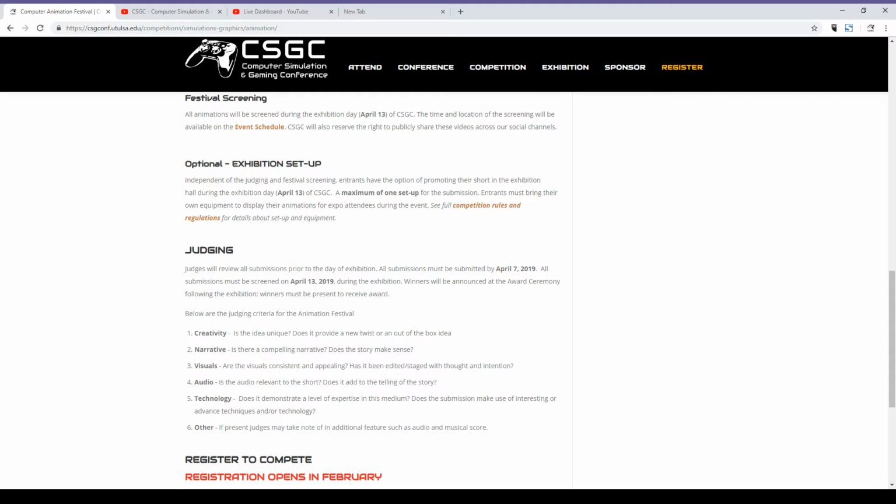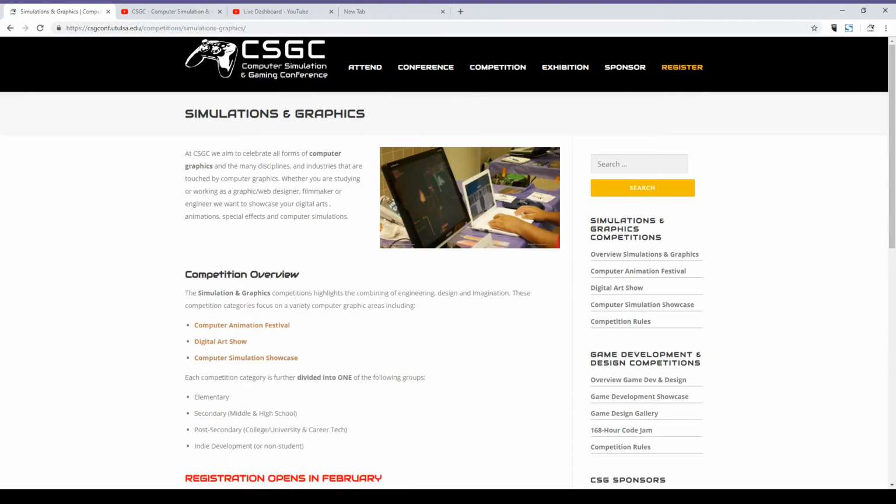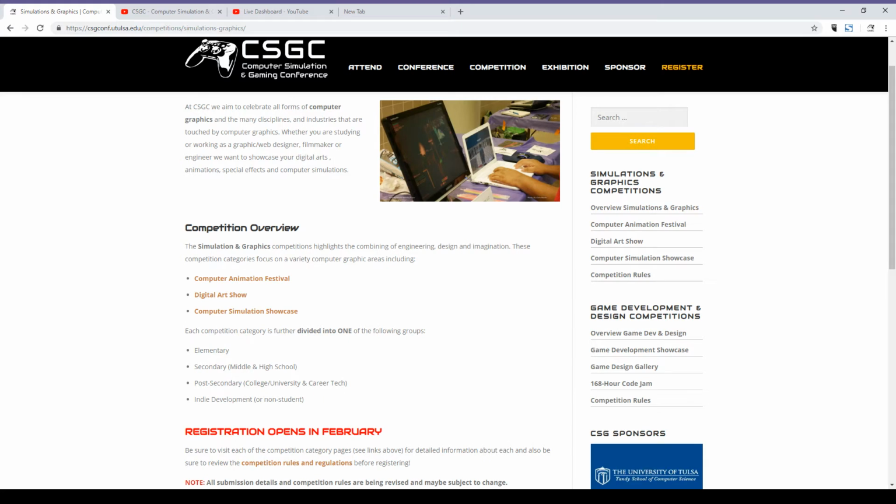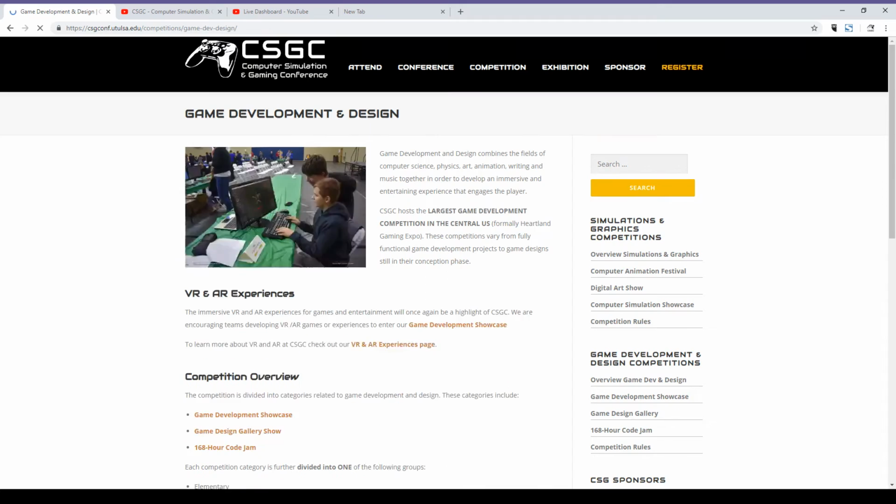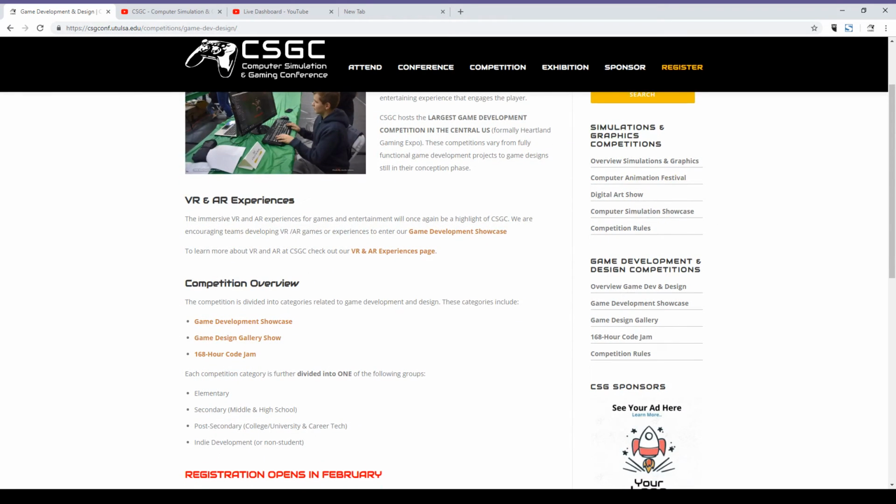Now, one thing to keep in mind, just for the way this site is navigable, is that under competitions you have your main levels of categories, but to get to any of the sub-levels you actually have to go to one of the top level pages. So to get to these three, you either go to this page, or once you're on this page, there is a side menu that has the individual competitions. So you need to dig down to get that information. There are also the competitors' rules.